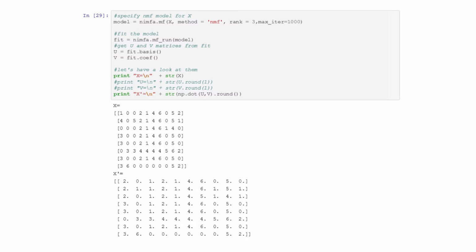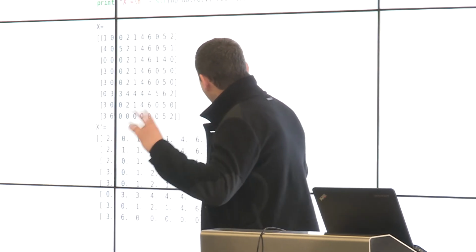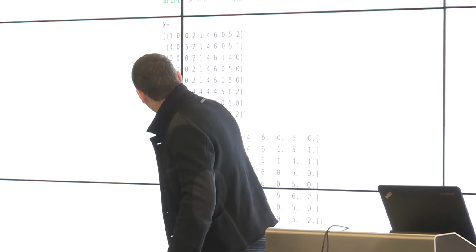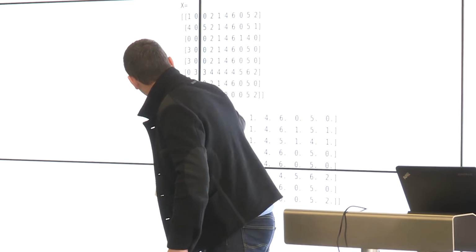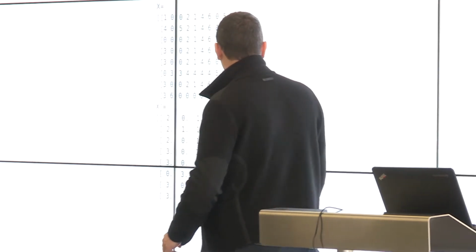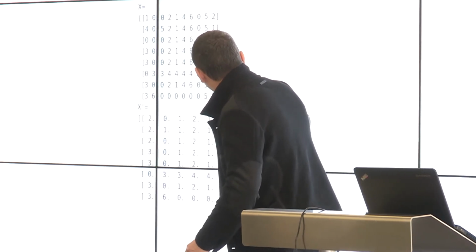So all we do is we run a method, we give it a rank, we have some iterative method, and maybe 1,000 is too high, and then we iterate around, and again we're not getting massive changes, but you'll see we're making some predictions where data isn't. You've bought a lot here, so that one seems like a sensible prediction. The other predicted area is here. We've got a one here.